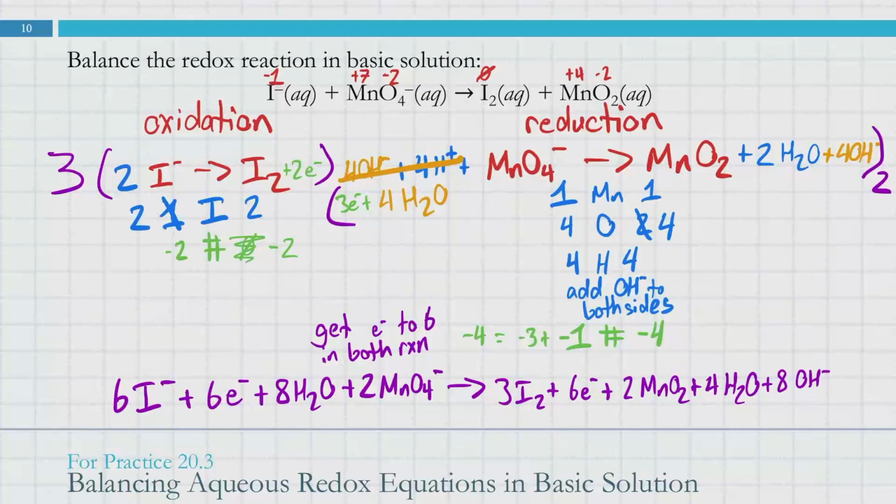So assuming that I did everything right, this purple block, this should be our final